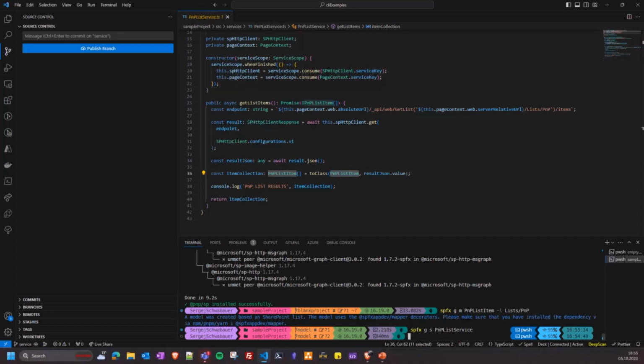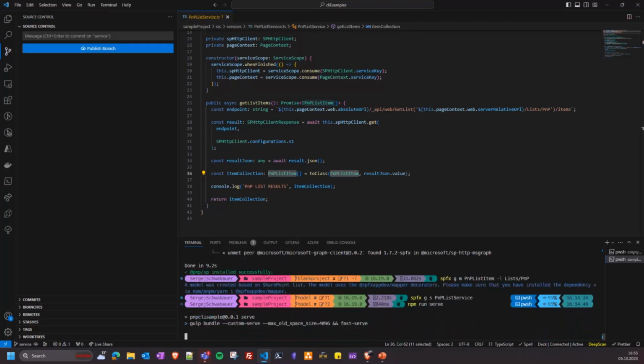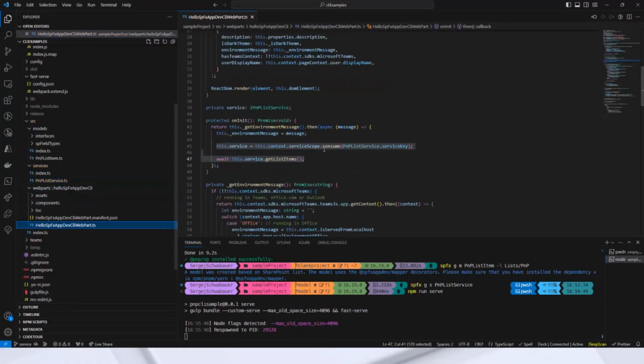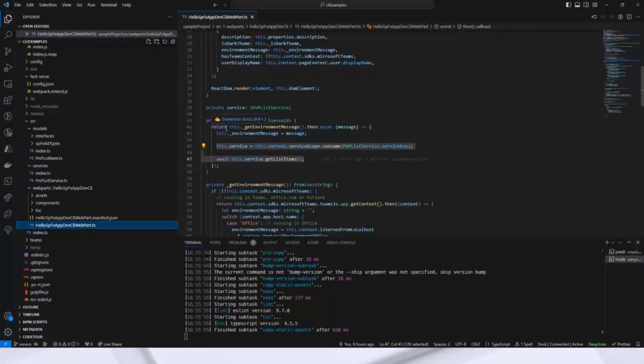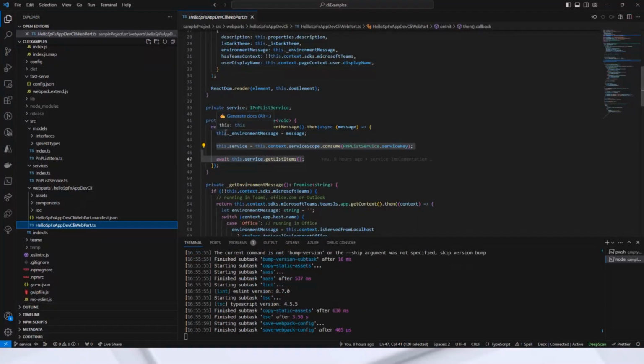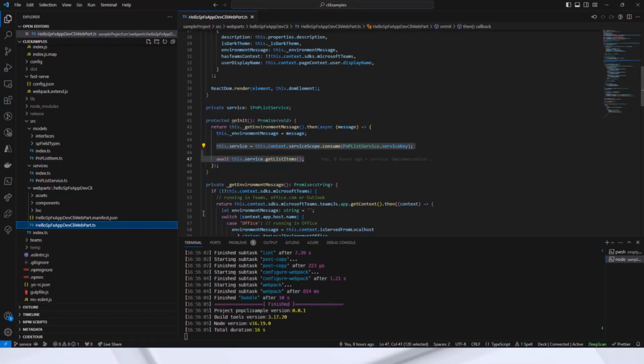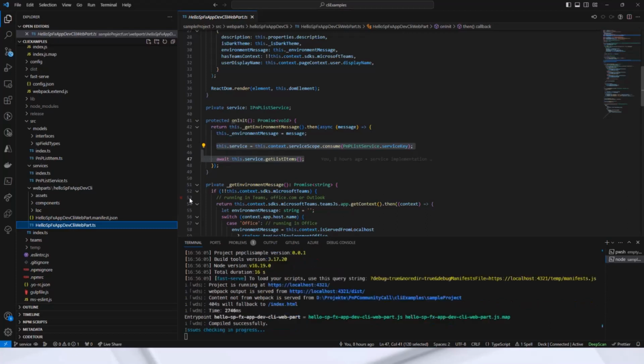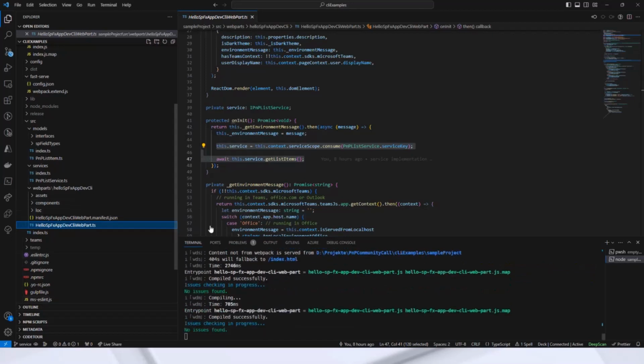And let me run npm serve while I'm explaining the webpart code. The webpart code is, of course, in the webparts, Hello world. Here, again, it's the same code as before in the other branch. The default generated webpart code. I have updated the onInit method, and this onInit uses, or consumes, my service class and gets the item collection as an array of our PnP list item. This one.